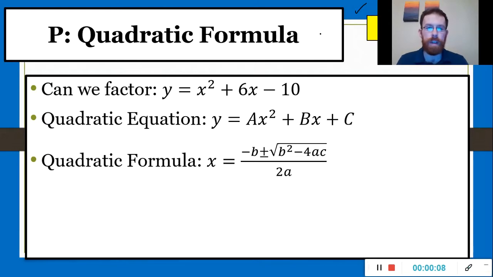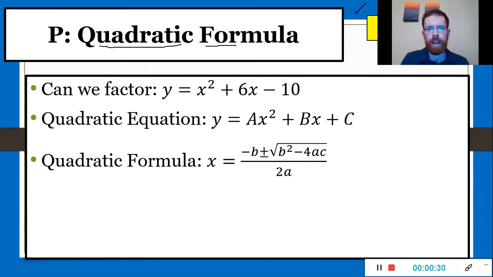Now, if you were paying attention yesterday, you might have heard me say that we were going to talk about some more graphing things about quadratics. Well, I've been having a few technical issues with that PowerPoint, so I had to scrap that idea, and I went back to another idea that we need to go over, the quadratic formula, which is